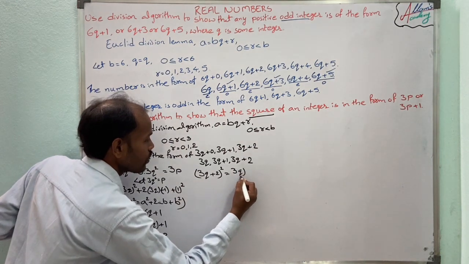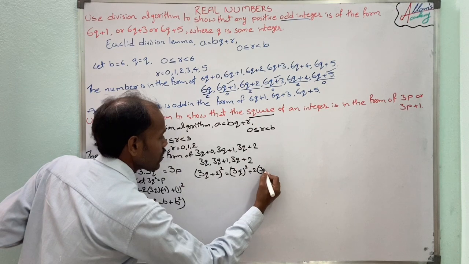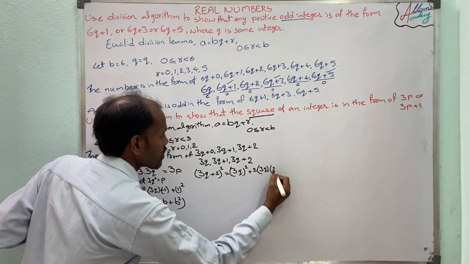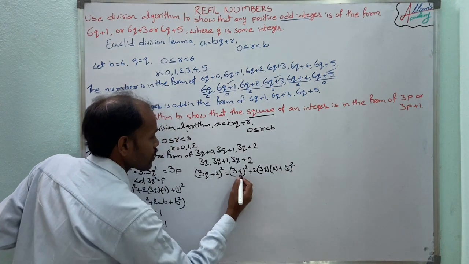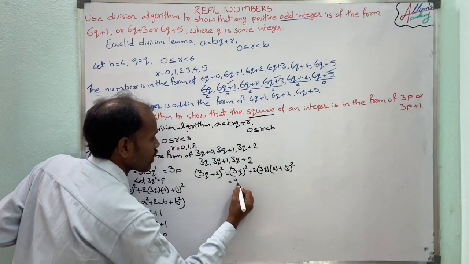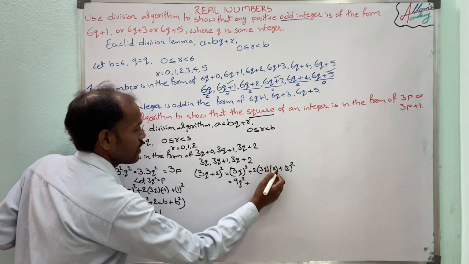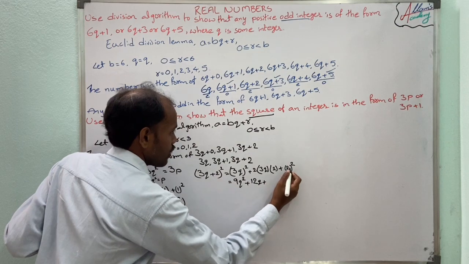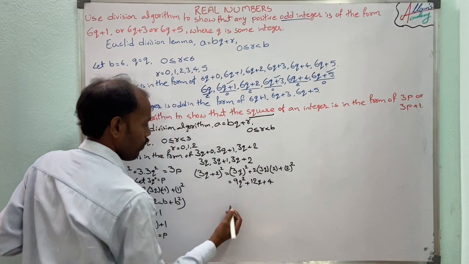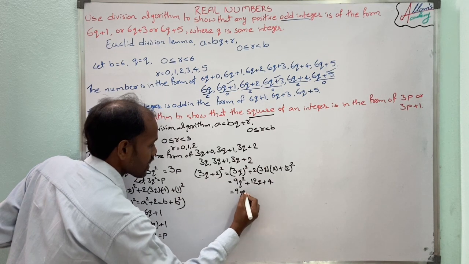So (3q) whole square plus 2ab, 2 into 3q into b is 2, plus b square, 2 square. So now (3q) square equal to 9q square. 2 3s are 6, 6 2s are 12q, plus 2 square equal to 4. Now here 4 will be written as